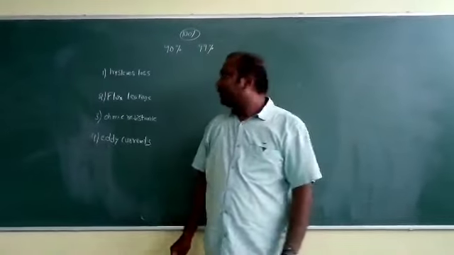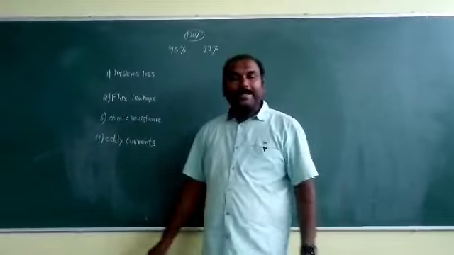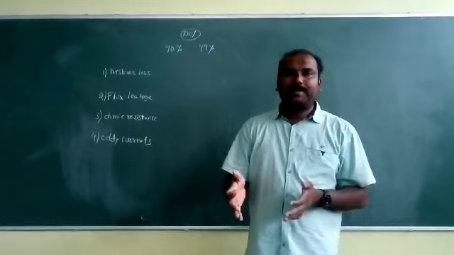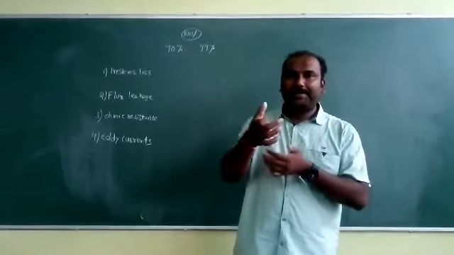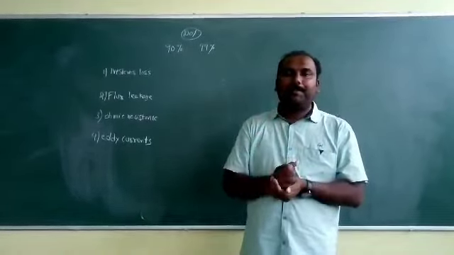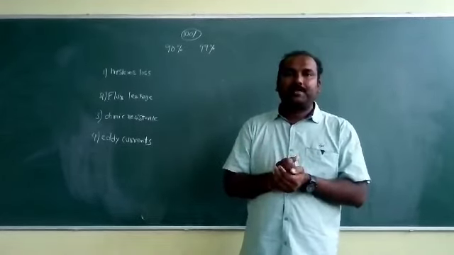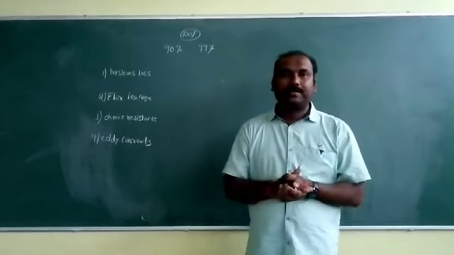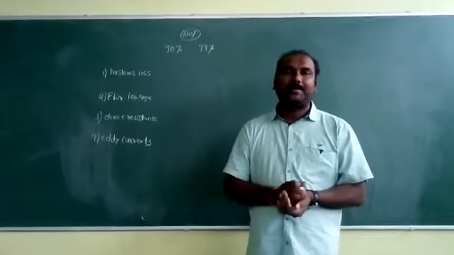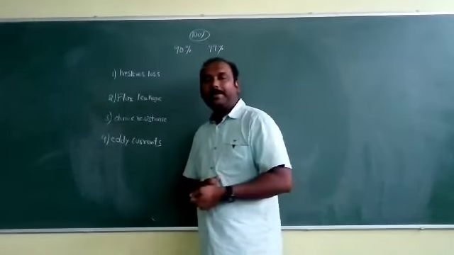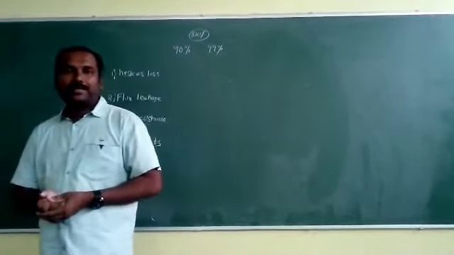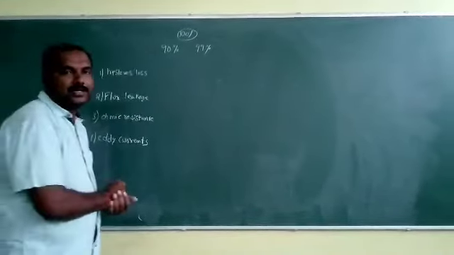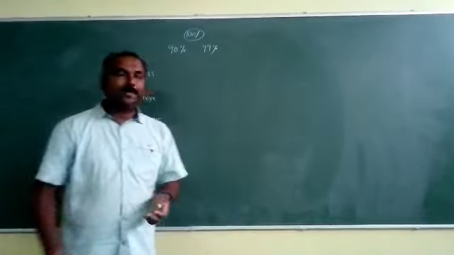What is the hysteresis loss? Hysteresis loss is nothing but, in the hysteresis curve, once current is passing, there is magnetization and demagnetization. Because of magnetization and demagnetization, some energy is lost in the form of heat. So we call this hysteresis loss, and this hysteresis loss can be minimized by using a soft iron core material, which has low hysteresis loss. By using soft iron ferromagnetic material, the hysteresis loss is minimum. Automatically the problem can be solved.